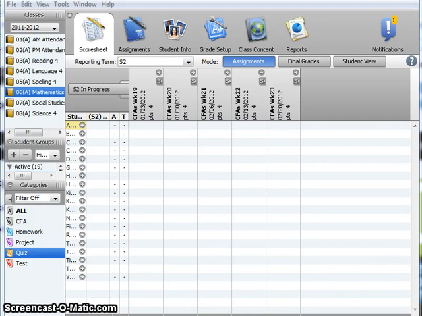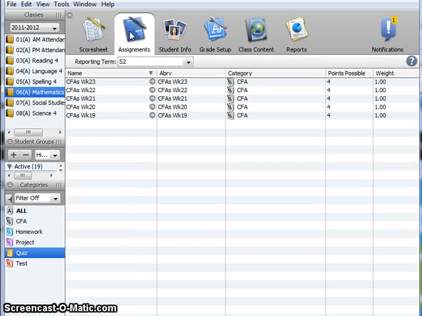For Guideline 1, for grading by standards, you'd have to align your assignments to standards instead of the old category types that we used to use, like homework, projects, and quizzes. So if you see here, notice we have 5 assignments. If I'm going to add another assignment, let's say we agreed in our PLC that for week 24 we're going